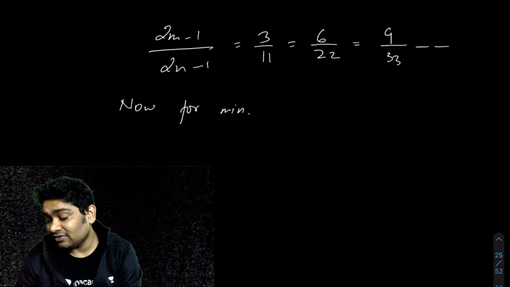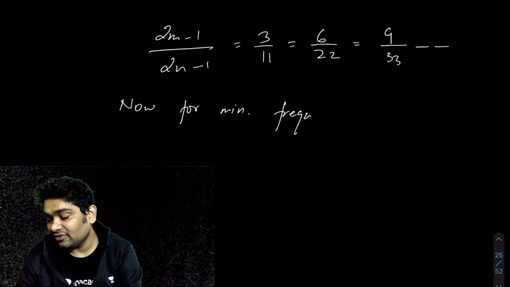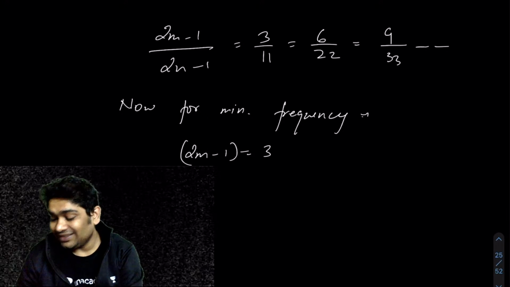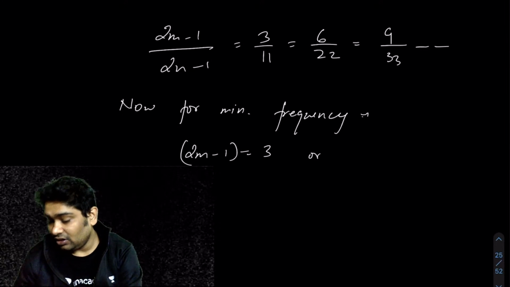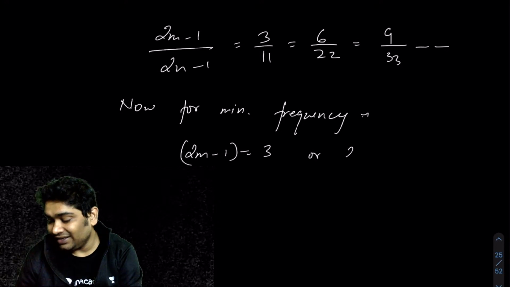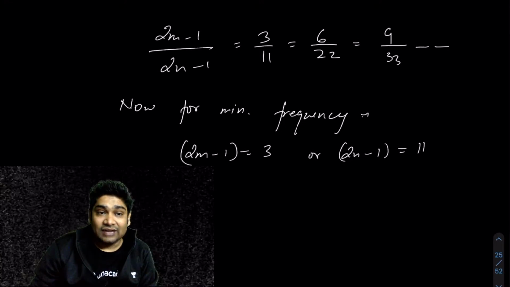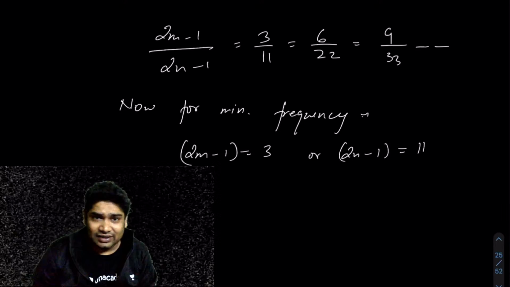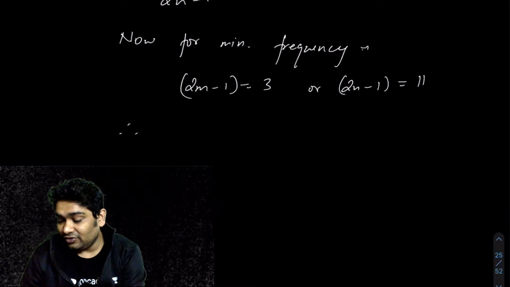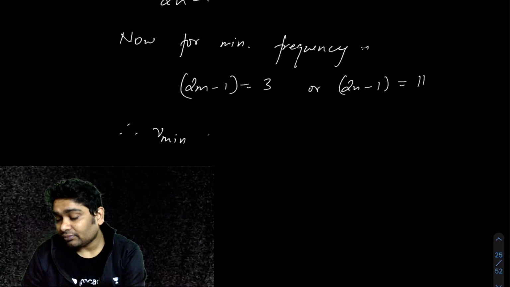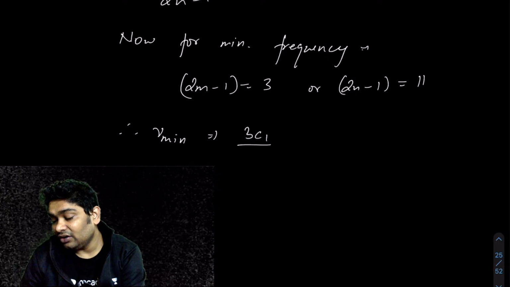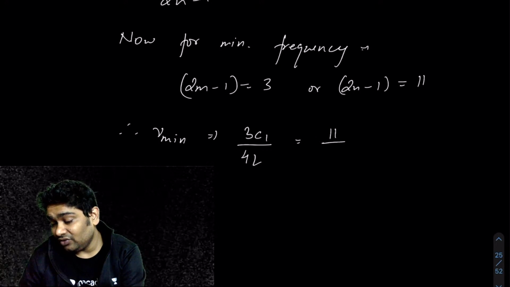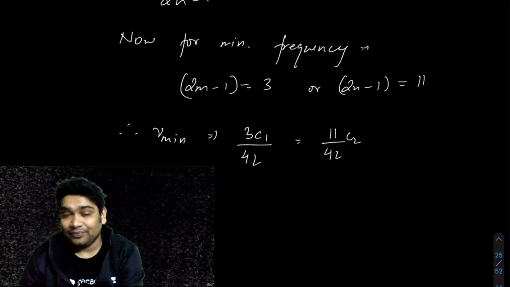For minimum frequency, you want 2m minus 1 to be 3 and 2n minus 1 to be 11. Okay, so that is where you will have the minimum frequency. Now you take the value of either of these two and that will give you the minimum frequency. Therefore, nu min